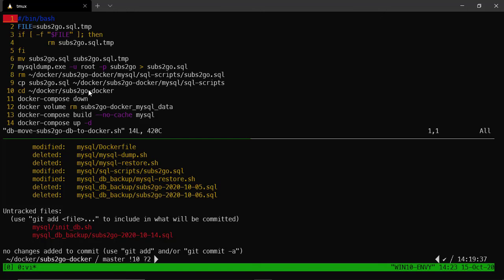We then move to the Docker container. We run Docker compose down, which stops all the services running in Docker. We then remove the volume. There's a volume associated with the MySQL database, and this is how you persist the information of changes inside a